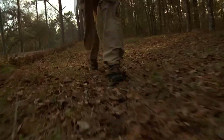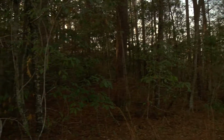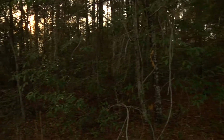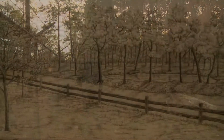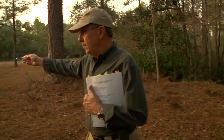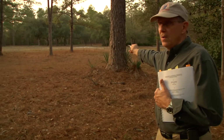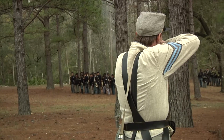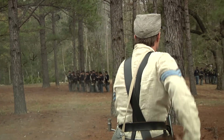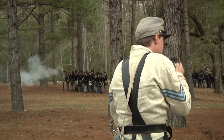See that little bit of an earthwork running right along there? See just in there about 20 yards? That's where the Confederate line would have run. This would not have been wooded like this in the day. When we did the archaeological study right here in front of you in this little area between these trees, we found a number of mini balls from rifles. Not only is it a battlefield, during the archaeological survey they found Paleolithic Indian activity, which is the earliest time